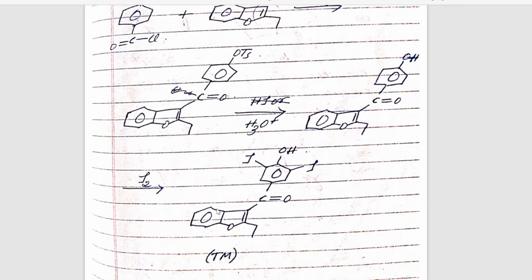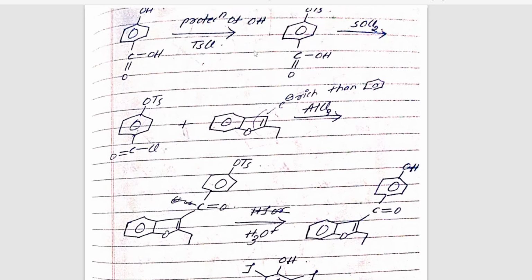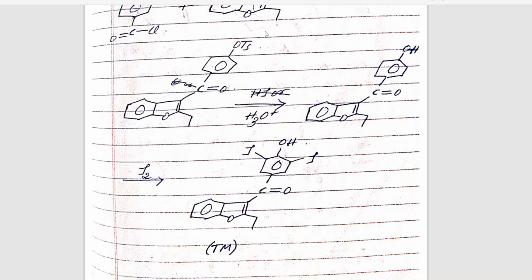What is your next work now, students? Now you are supposed to convert this OTs part. Okay, now already this part has got attached over here and to the top, and you have got C double bond O. Now what is your next work? You're supposed to convert that OTs group into OH, because that is how you want it. That is how benzoyodron top benzene ring has an OH group. So you can use H3O plus for that. When you make it react with H3O plus, this OTs group is replaced by OH group.